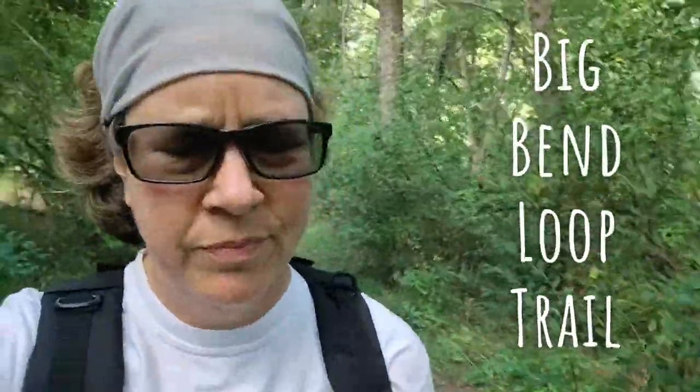So this is a super easy, short little loop trail. It feels good to get out and stretch my legs after being in the truck. It's right along this loop of this river, and it's called the Big Bend Loop Trail, I believe. Anyway,